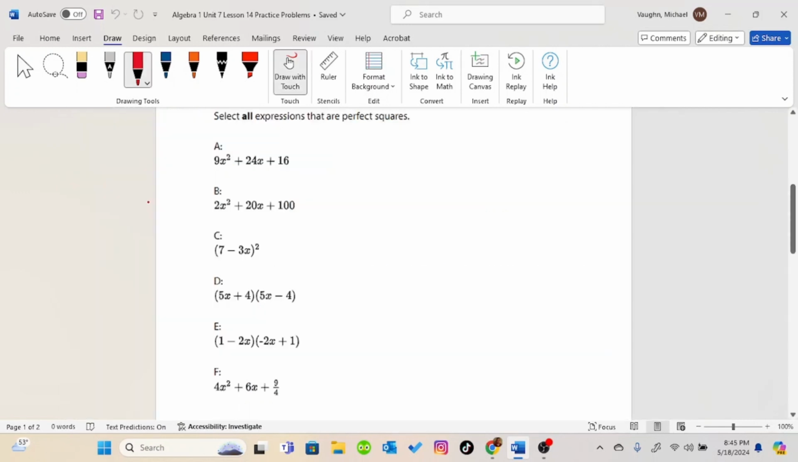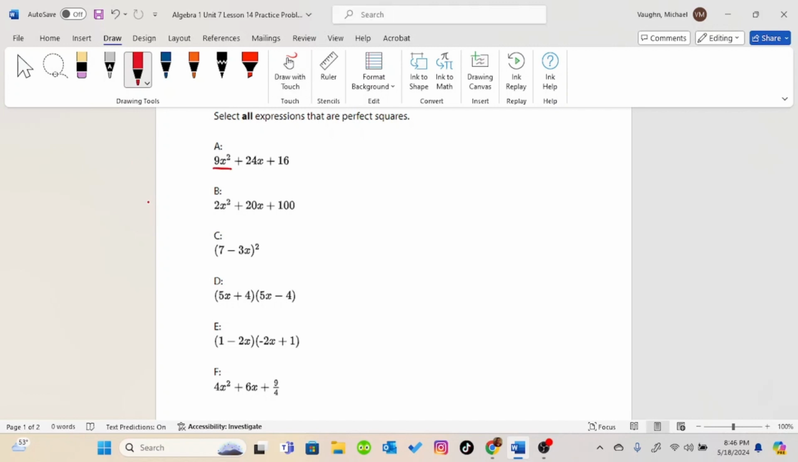In our first practice problem, they ask us to select all expressions that are perfect squares. So we're going to go through one by one and decide whether we get the expression given to us by multiplying something by itself. So as we look at A, in order for this to be a perfect square,